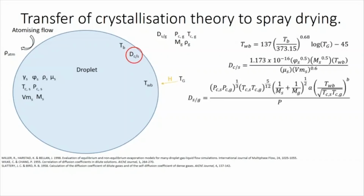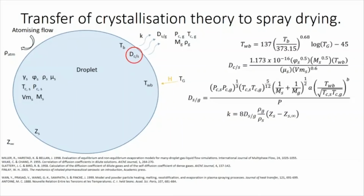It combines kinetic theory and corresponding states arguments to estimate the diffusion coefficient at low gas pressures. This then allows us to calculate the rate of solvent evaporation from the droplet surface proposed by W.H. Finley. This expression neglects Stefan flow, however, as long as the evaporating solvent partial pressure remains small, such as in scenarios where a droplet temperature is much lower than its boiling temperature, then a good estimation of the rate can be